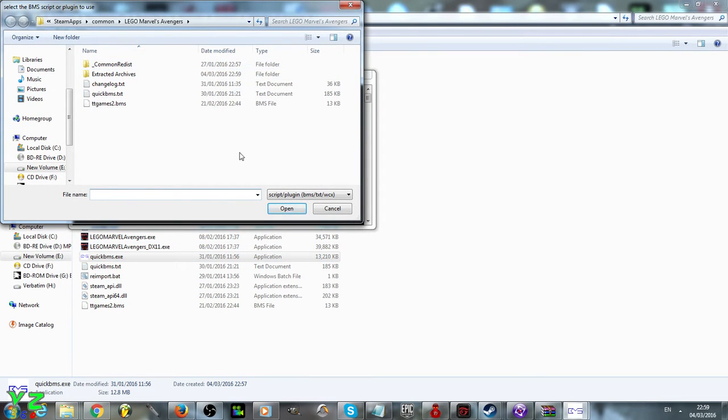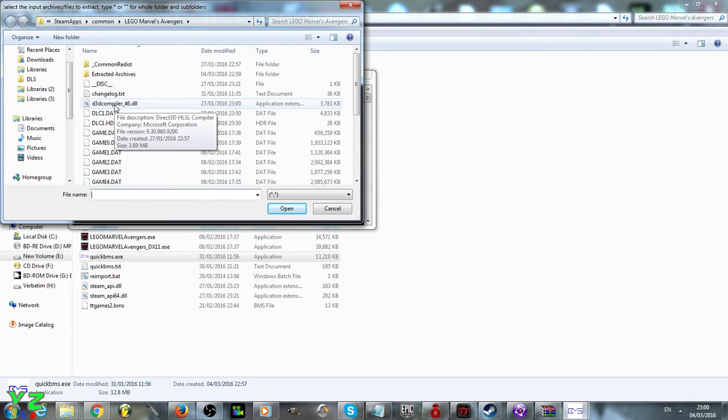and when it loads, it asks us to select a BMS script or plugin to use. The script is basically a program, a set of instructions that allows you to extract certain types of archives. The DAT archives from Traveller's Tales games can be extracted with this script. Basically, it can be called TT Games 2 or TT Games without 2. It doesn't matter. So we double click that,